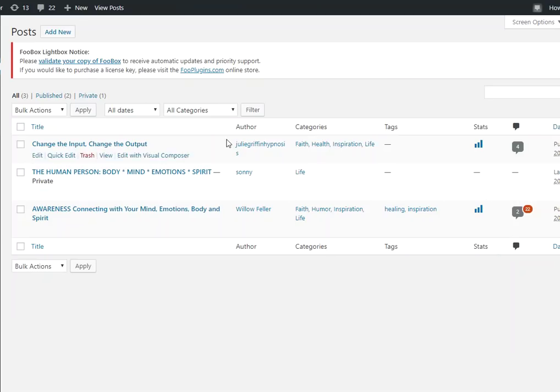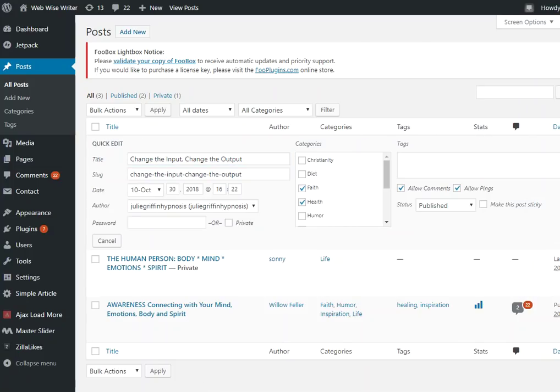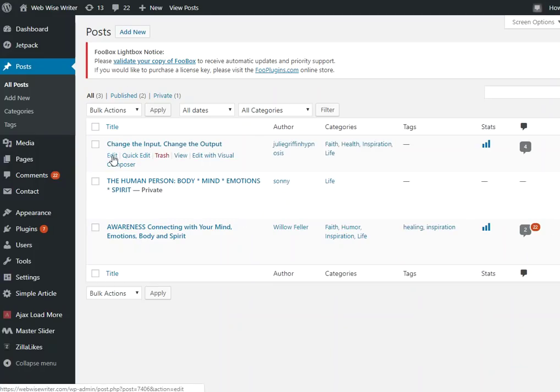This site actually doesn't have a lot of stuff on it. That's something I'm going to change by building it up and posting some content. And your WordPress dashboard may look a little different depending on what themes you have set up or what plugins or other things you have set up. But mostly it's going to look like this. I'm going to go to Quick Edit if I want to see just the basic information like this. Or I'll go to Edit to actually edit the article.